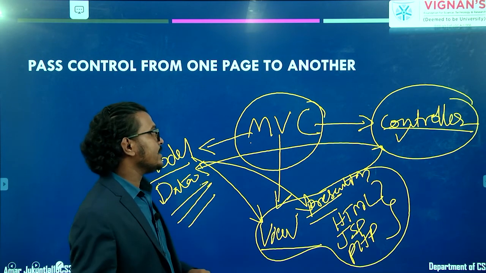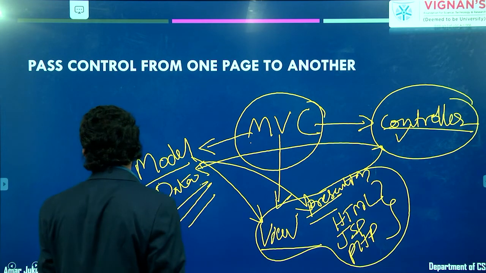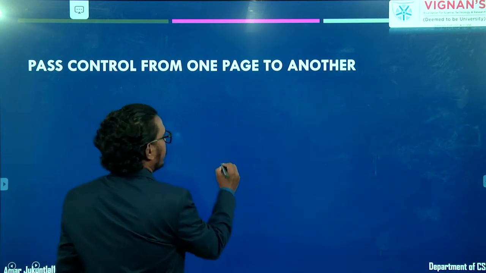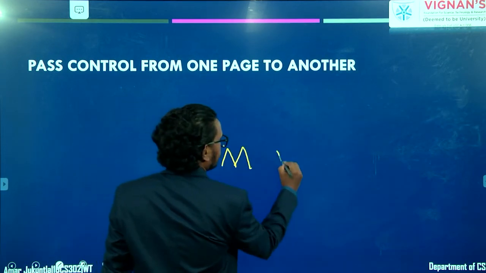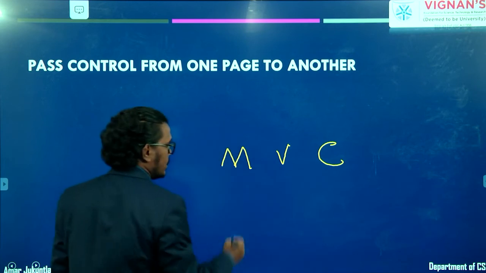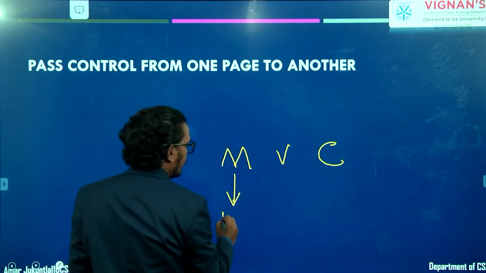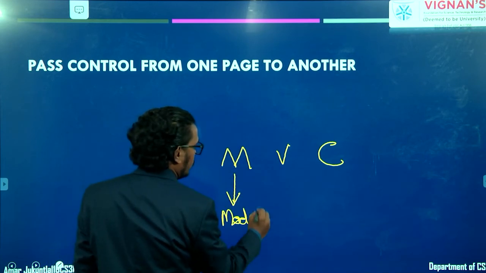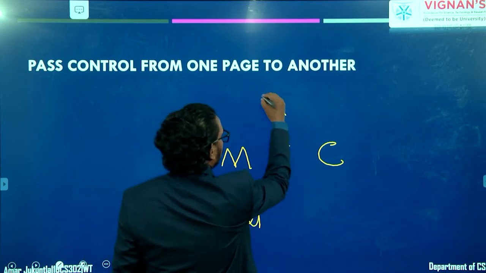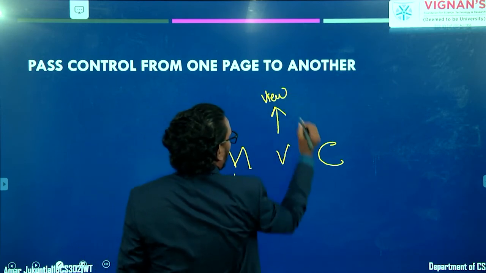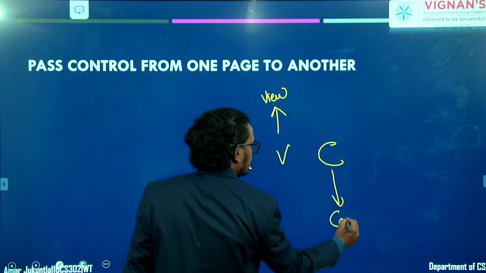This MVC architecture has a model, a view, and a controller.